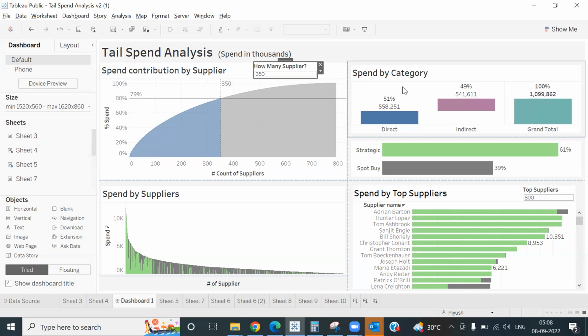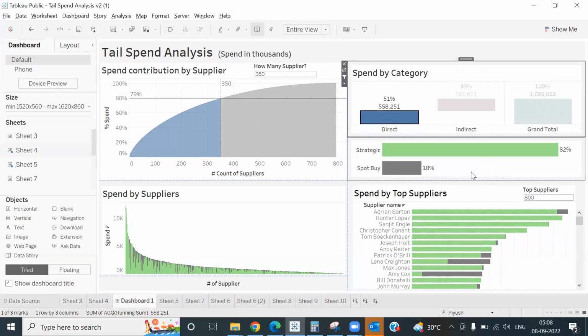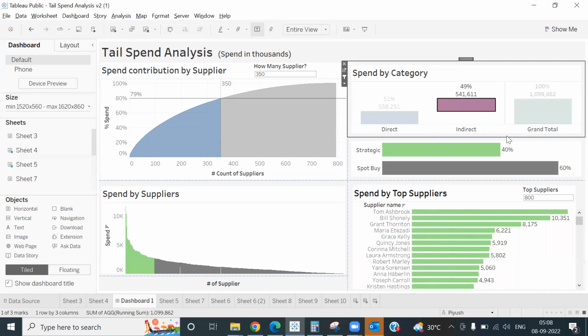Now, to understand further, what we do is, when we click on direct spend, we get a split of what portion of spend is managed strategically and what is managed through spot buys, that is non-strategically. Okay, so we can see that direct is good. I mean, currently 82% of spend is managed strategically. And when we click on indirect, okay, so yeah, here we see an opportunity. 40% of spend is strategically managed, and 60% of spend is non-strategically managed, that is spot buy. Okay, and